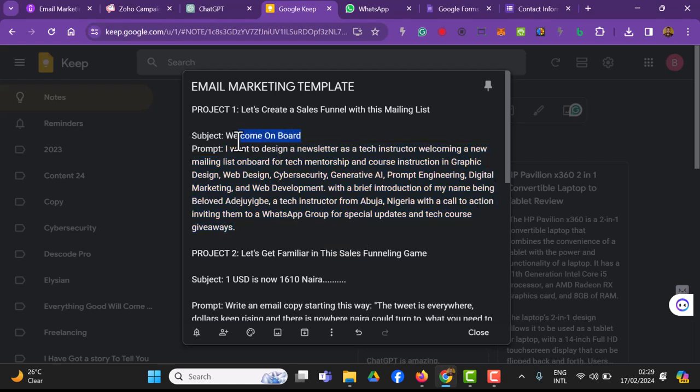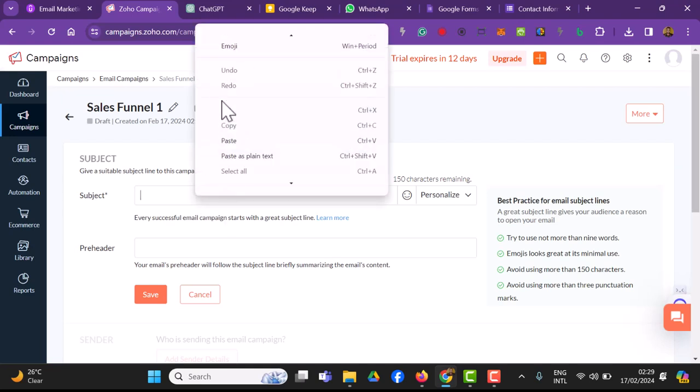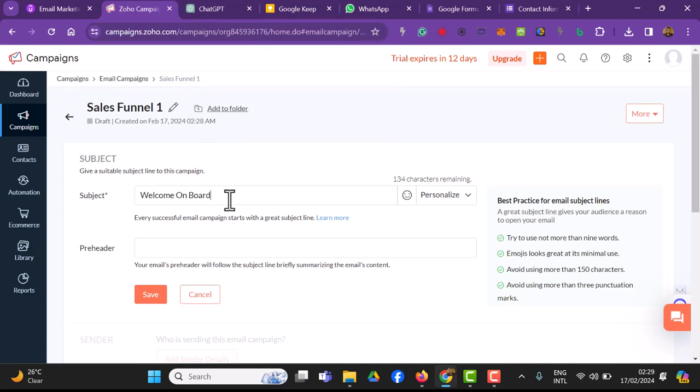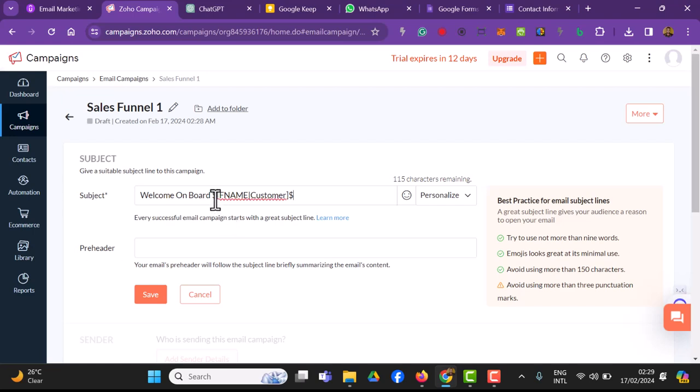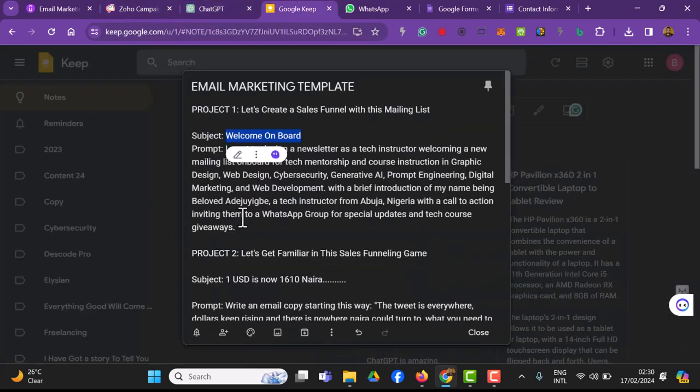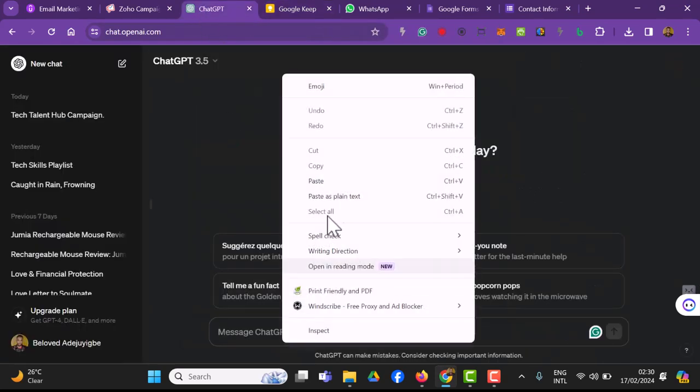So I'll use this, welcome on board, and paste it, and I'll use the first name of the person I'm sending it to. So I'm going to say contact's first name, and it will say welcome on board, name, and the pre-header. Let's prompt this. So I'm going to copy this and come to ChatGPT to prompt this using AI to